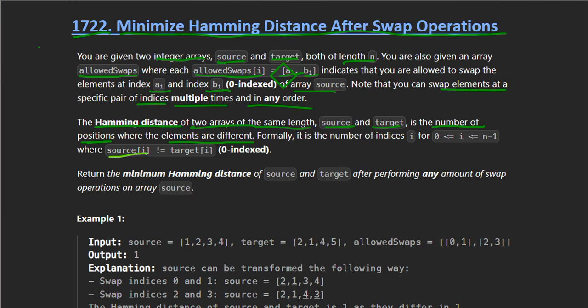That is, if source[i] is not equal to target[i]. So basically we have to count the number of indexes where source[i] is not equal to target[i]. So what we have to do is return the minimum Hamming distance of the source array and the target array, after performing all the swap operations on the source array.